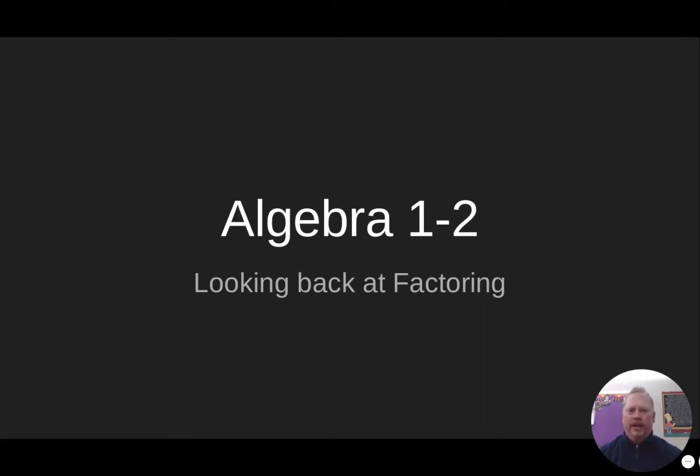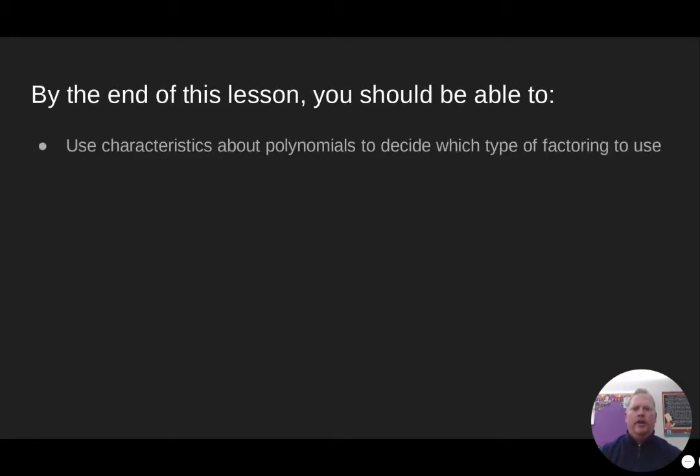This isn't a particular section that is in the book. However, it's just something I want to go over because we've talked about the 6 different ways of factoring, but I just kind of want to summarize what's going on here. So by the end of this lesson, you should be able to use characteristics about polynomials to decide which type